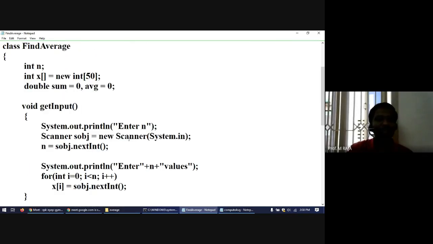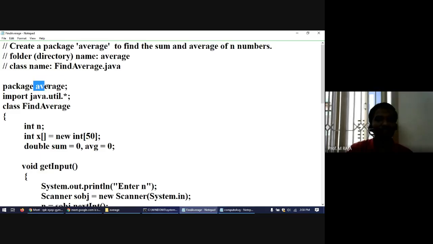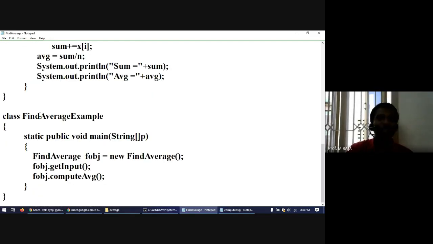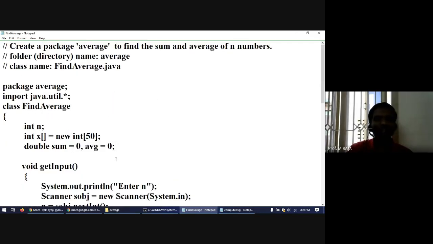Then if you want to run a file, you need to use java package name average dot, then you need to use the main method class name. That is not necessary here. Anyhow, I illustrate this concept in the next example. So as of now, just to see, we are having two files. One is the package file, and another one is the